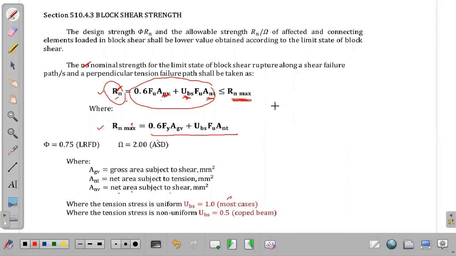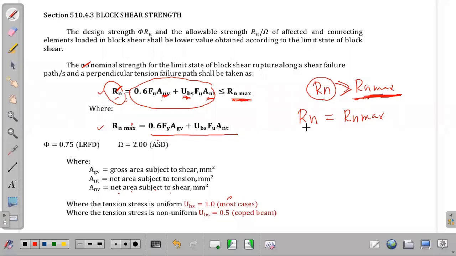Ano yung magiging Rn natin? So if our Rn is greater than Rn max, our nominal strength now is equal to the Rn max. Okay? Kasi ito yung maximum natin. So pagka yung computed Rn natin is greater than Rn max, you have to use nominal strength equal to